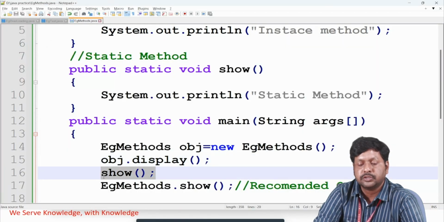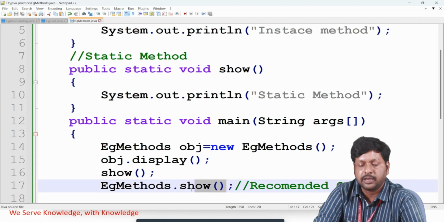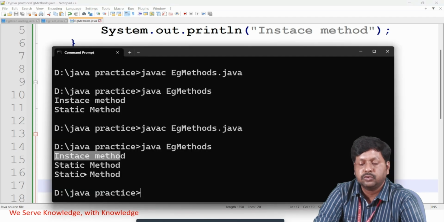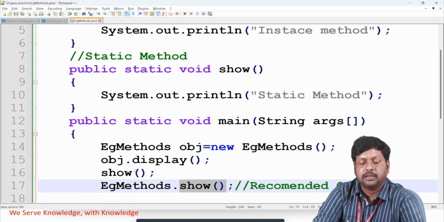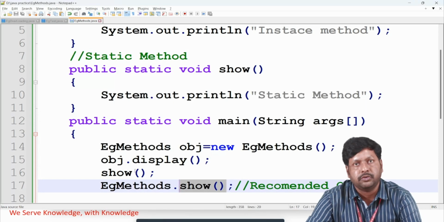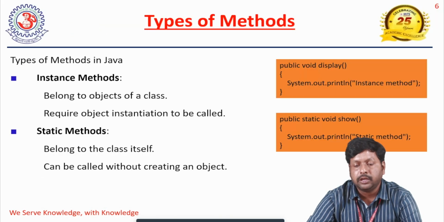Later I called the show function two times. This is one time, this is the other time. So two times I called. So here, static method, static method. This is nothing but the methods concept. Now I will move into